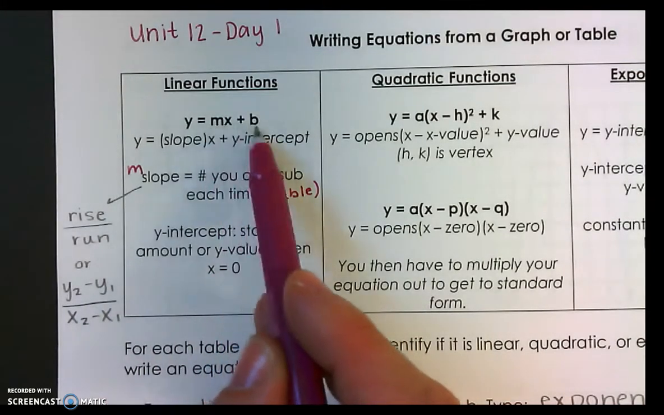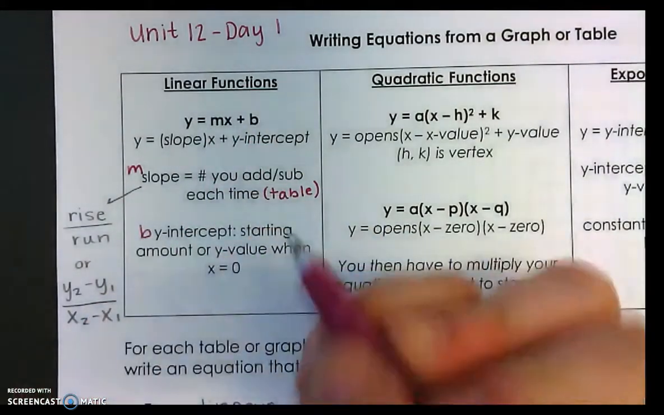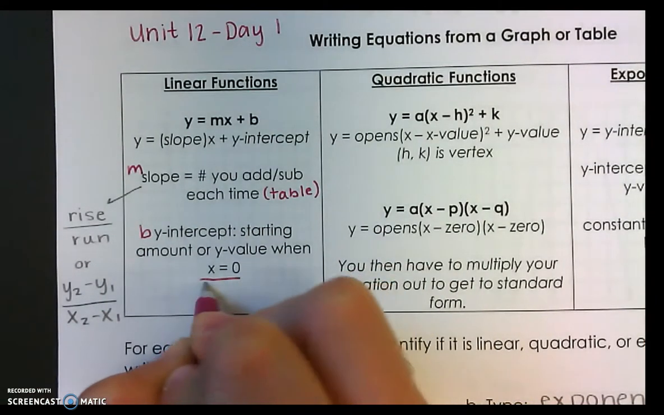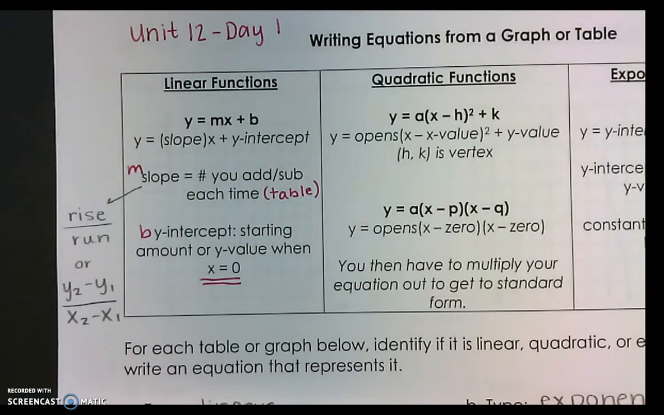So that's the m. The b is your y-intercept. So on a graph, it's where it crosses the y-axis. The really important thing to remember is that it's where your x value is 0. So if I look at this first